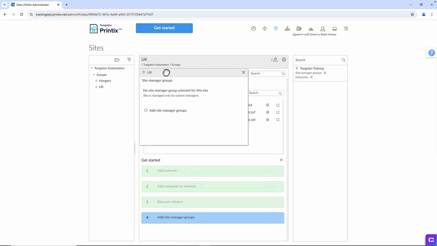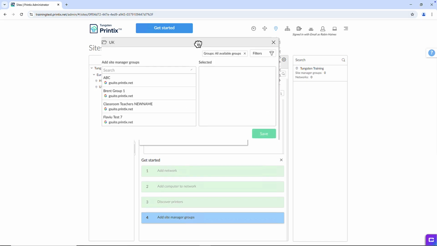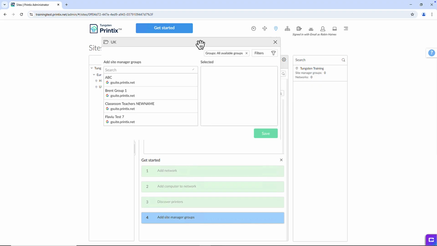In this example, a list of Google groups is displayed. You can select the group to which you wish to assign admin rights to manage the printers and queues for this site. After saving the settings, members of this group will now have the necessary permissions to manage printing resources under this